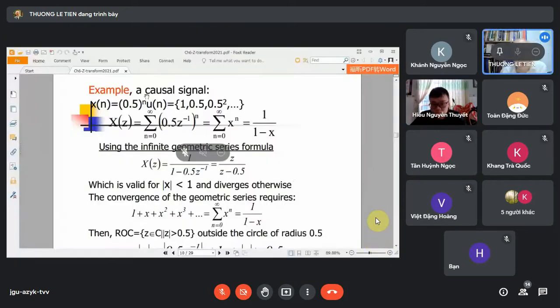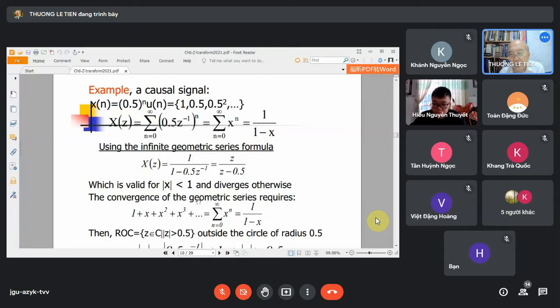Now look at the case. This is a causal signal. We write out 0.5 to the power n, u[n]. This one is the J. This is the causal signal, and when we apply the Z transform, if we substitute it by 0.5 Z power of minus 1, then we can use the infinite geometric series